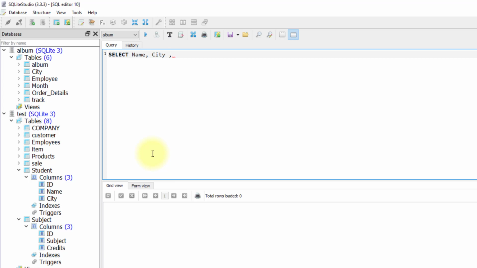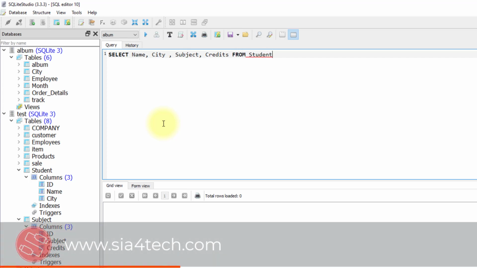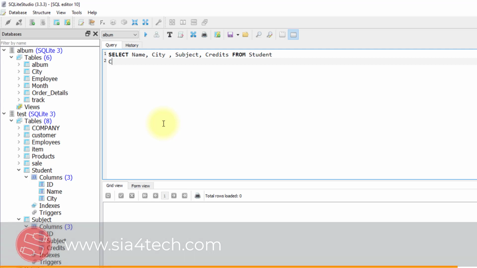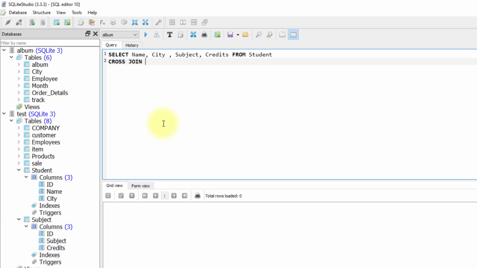Then we have to specify the column names from the second table, subject. So I will write subject and credits. Then we have to write from, then write the first table name, student, and then write cross-join, then write the second table name. Close the syntax, and before I run the query, I have to select the correct database, test,